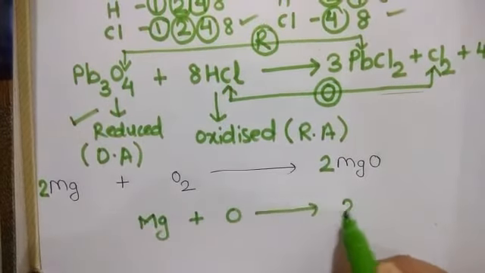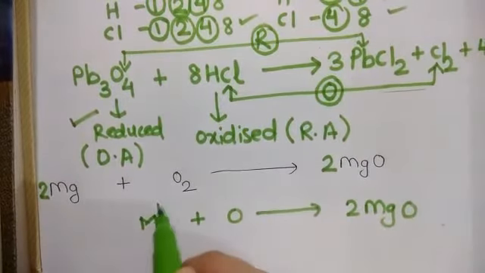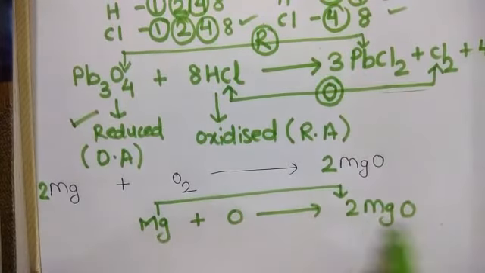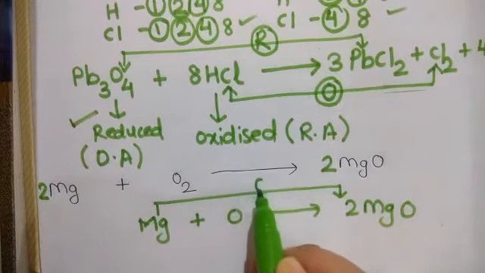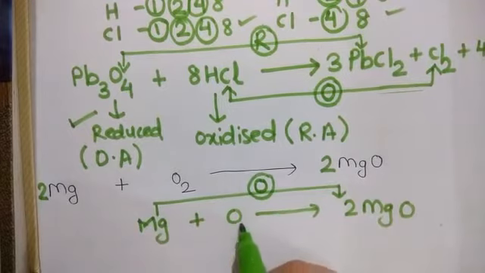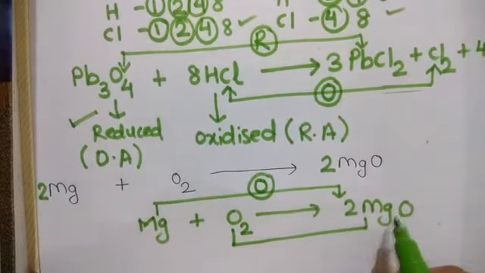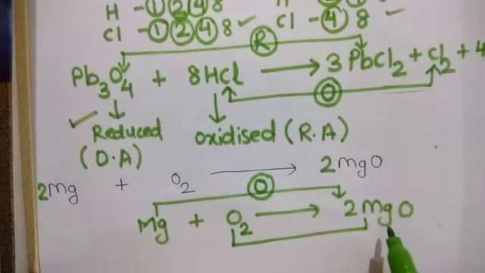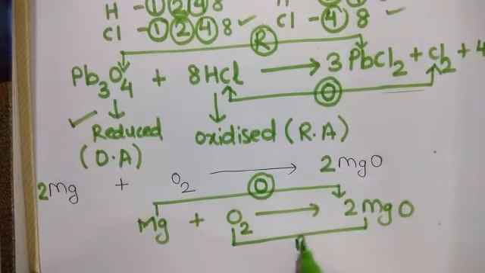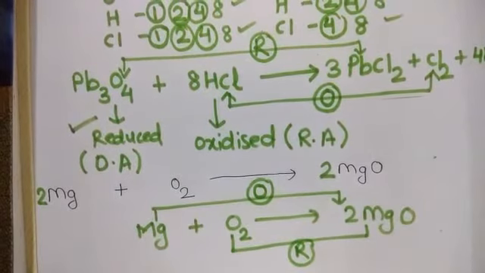We have to check the reaction in oxidation and reduced form. 2 MgO. If we compare this magnesium with this magnesium, then you have seen that magnesium is gaining the oxygen. That means gain of oxygen is called oxidation reaction. And if you compare this oxygen, then this oxygen has lost its oxygen, because it was 2 here and now it is only 1. So this will automatically be your reduction. Clear? So in this way you have to write the oxidation and reduction reaction.